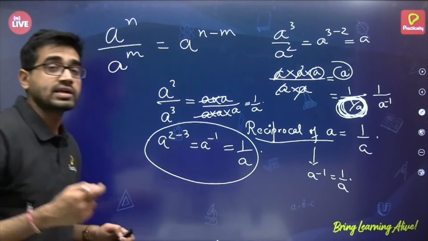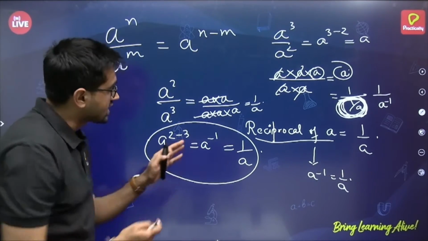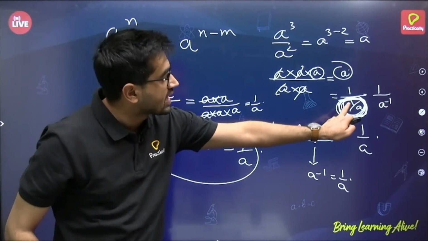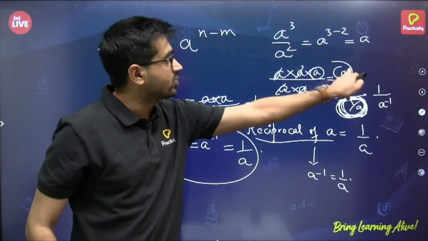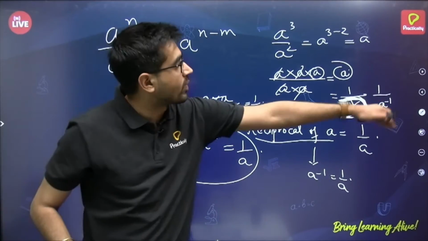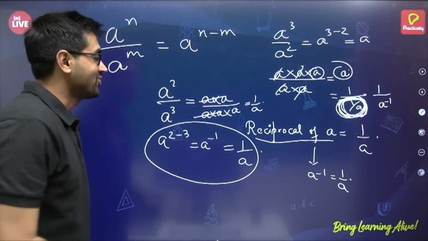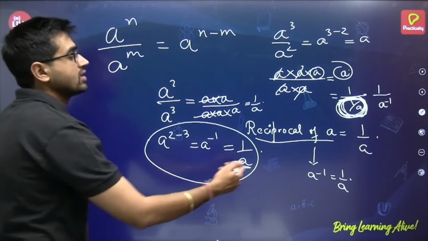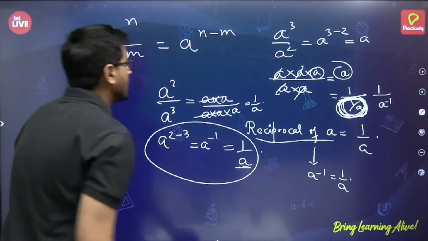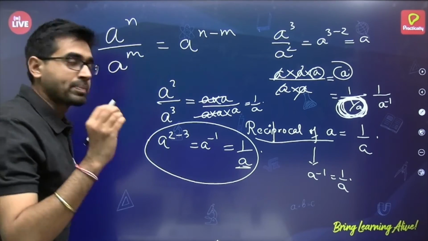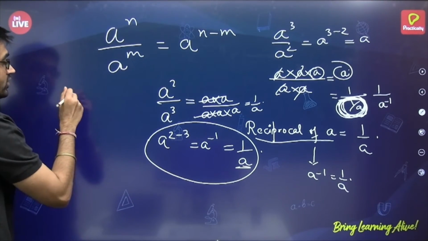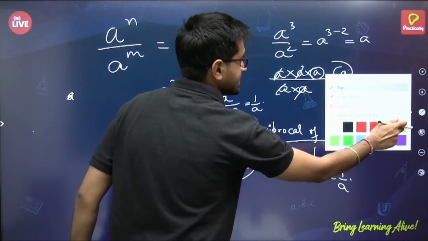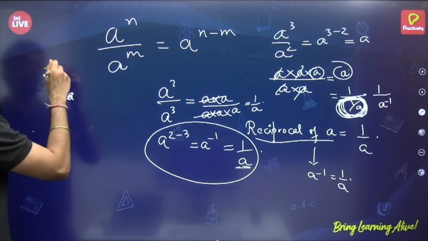Now you have to understand this in terms of higher powers. First, understand that a to the power minus 1 is nothing but the reciprocal of a. This negative power comes because I deliberately pulled it down. So 1 upon a to the power minus 1 is nothing but a itself, because this power will go up again. I will tell you how later. But now you get that the reciprocal of a is nothing but a inverse. We call it a inverse or a to the power minus 1. Now what happens if I put, let me change the color now. So let us put n equals 0.